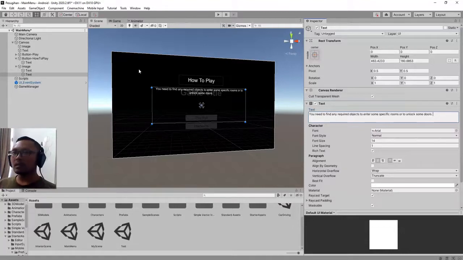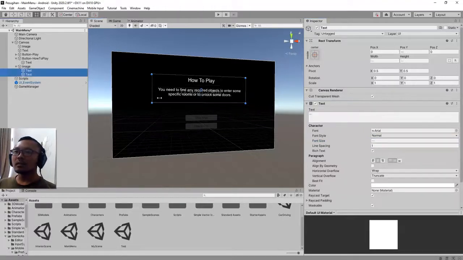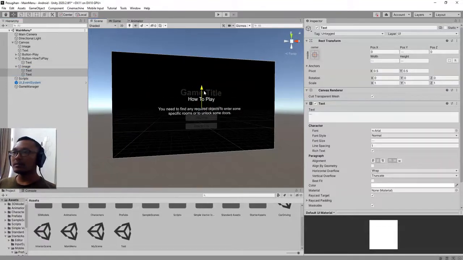That's all, and I will increase the size of this text. You can type anything right here, so I will just